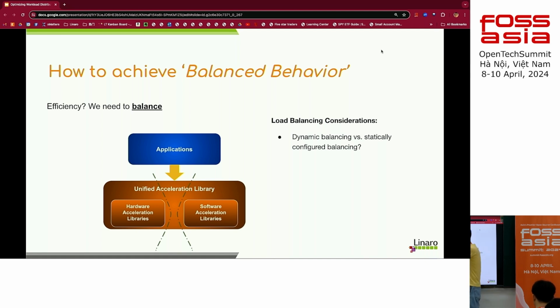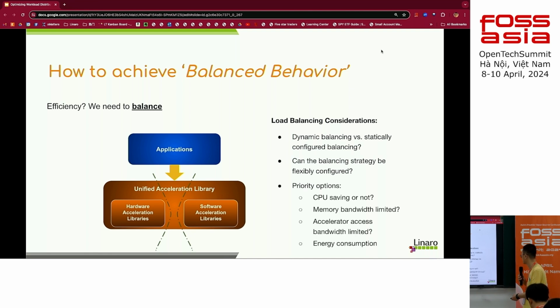So, we mentioned software acceleration, and we mentioned hardware acceleration. Now, how can we get the most efficiency and capability out of it? That means we need to find some balance. So we built a balancing strategy. We consider how and in which conditions we put the jobs to which processor, the software accelerator or the hardware accelerator. We consider the CPU, and we consider the memory bandwidth. When we define the strategy, we need to consider all these criteria.